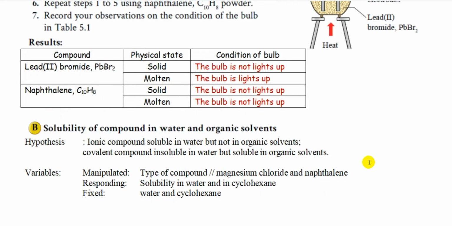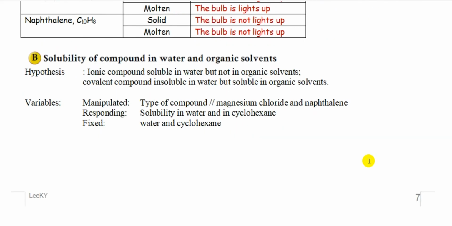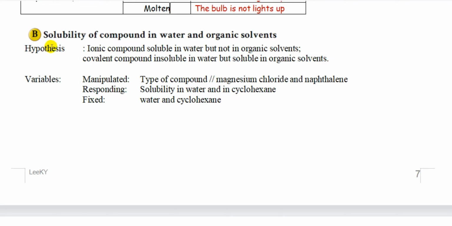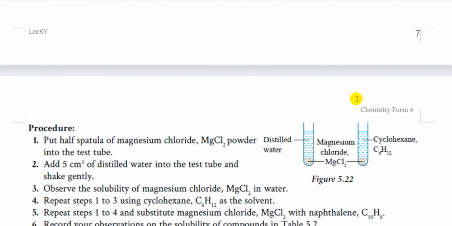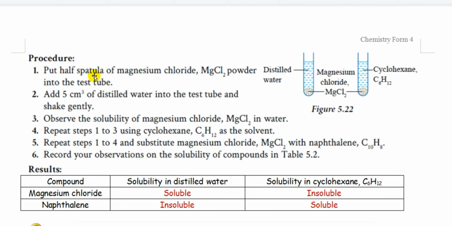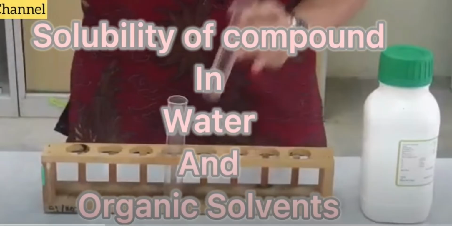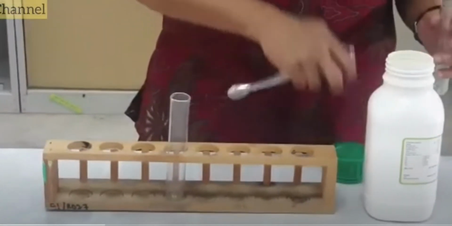OK，我们再看另外一个，B. The solubility of compound in water. Hypothesis: ionic compound is soluble in water but not in organic solvent, while covalent compound 调转过来，insoluble in water but soluble in organic solvent. Manipulated variable: type of compound，或者是我们用的东西 magnesium chloride and naphthalene. Responding variable: solubility in water and in cyclohexane，这个是 organic solvent。Fixed variable 是 water 和 cyclohexane。这个 experiment 很简单，我们有1到6的 procedure，就是把东西放进水里面，看它可不可以溶。我们看一下 video。